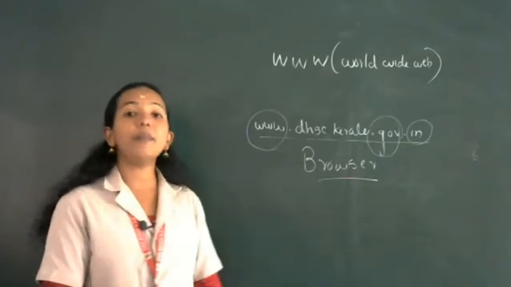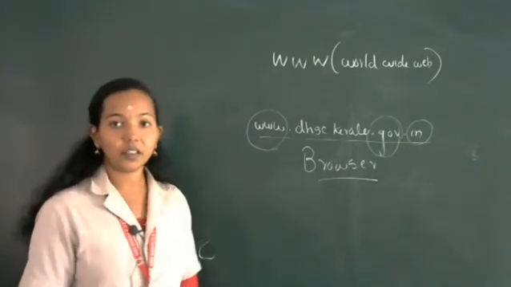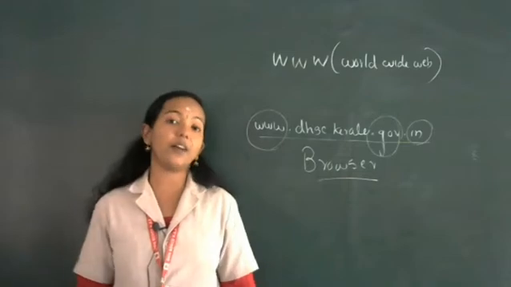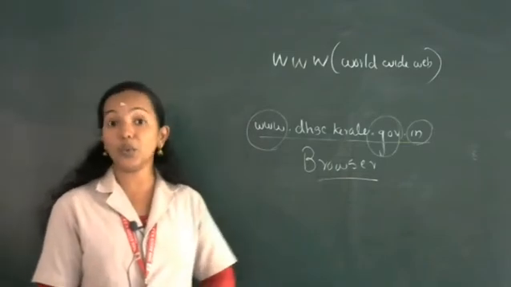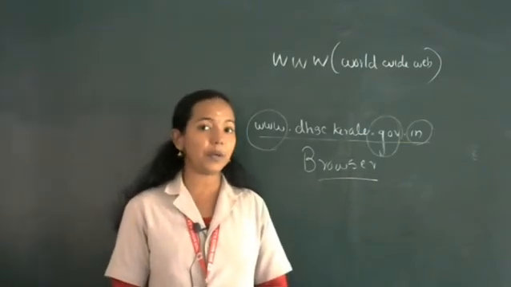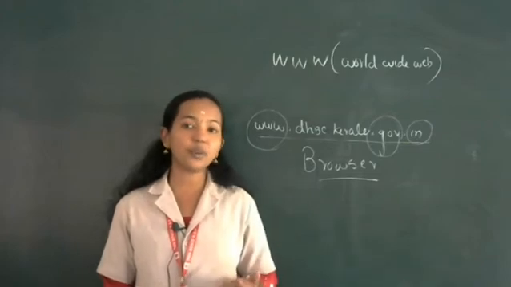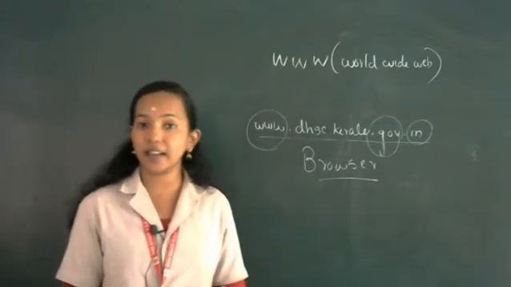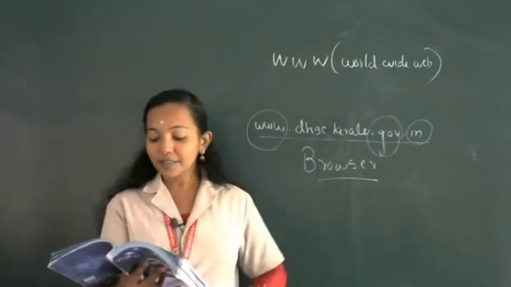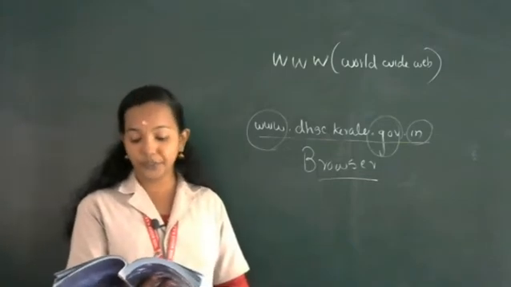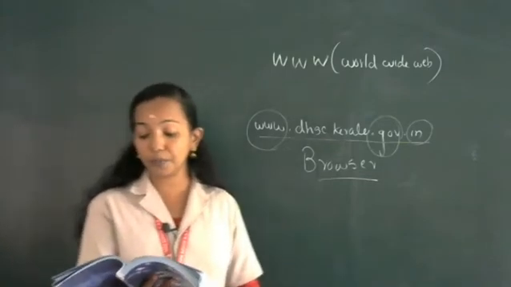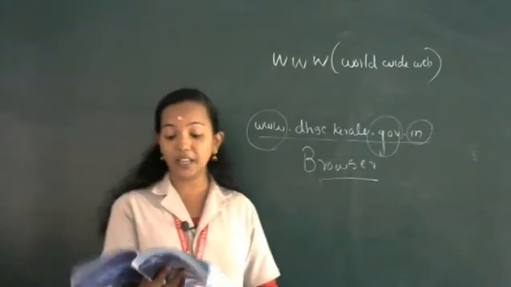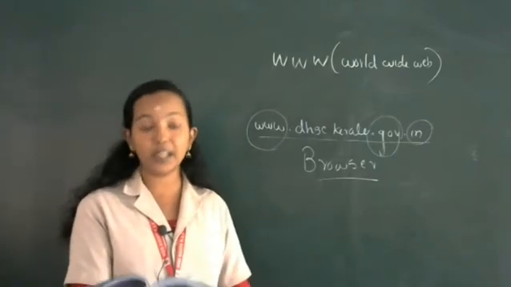Commonly used web browsers: Google Chrome, Mozilla Firefox, Opera Mini, UC Browser. So many web browsers are there, and we can make use of any of them for accessing internet. A web browser is software that we use to retrieve and present information and to navigate through web pages in the World Wide Web.